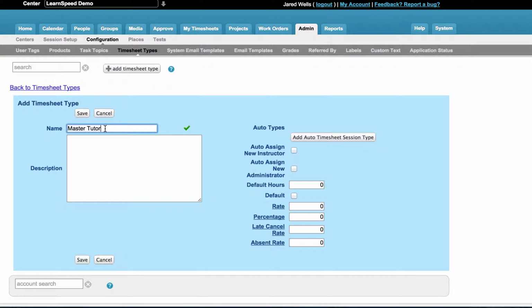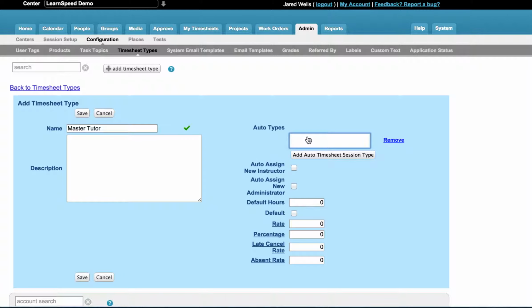So when we looked back under the people account, and when we looked at instructors and we associated a timesheet type with a particular instructor, it allowed us to associate the timesheet, and it also allowed us to define what sessions they got that timesheet for. If you haven't watched that video, it might be a good idea to watch that video first. Pause this one, come back to this one. All right, now that you're back, or if you already had watched it,